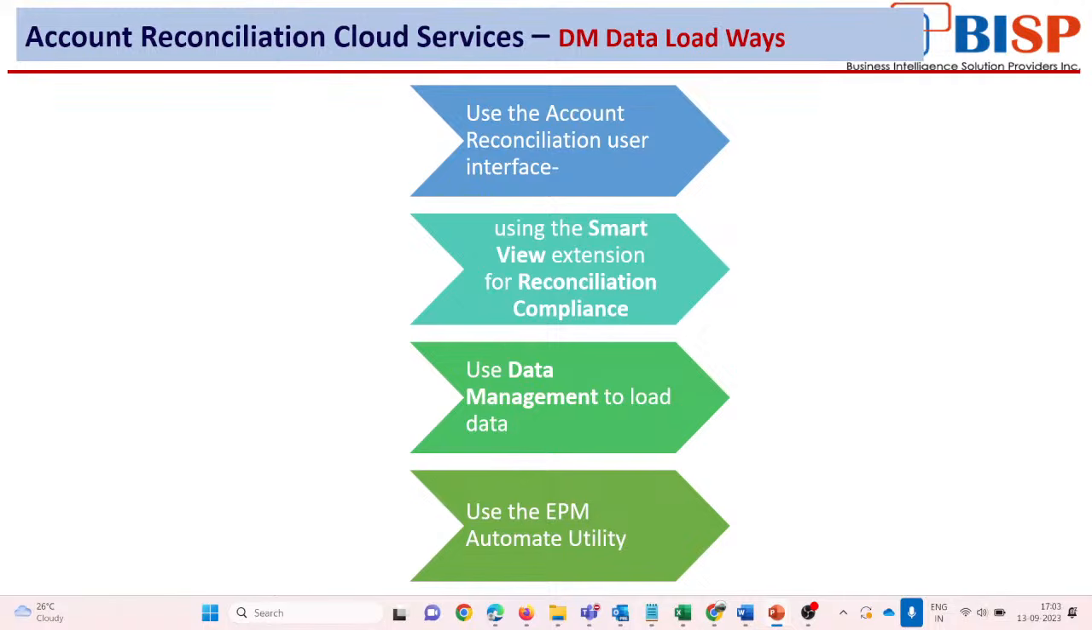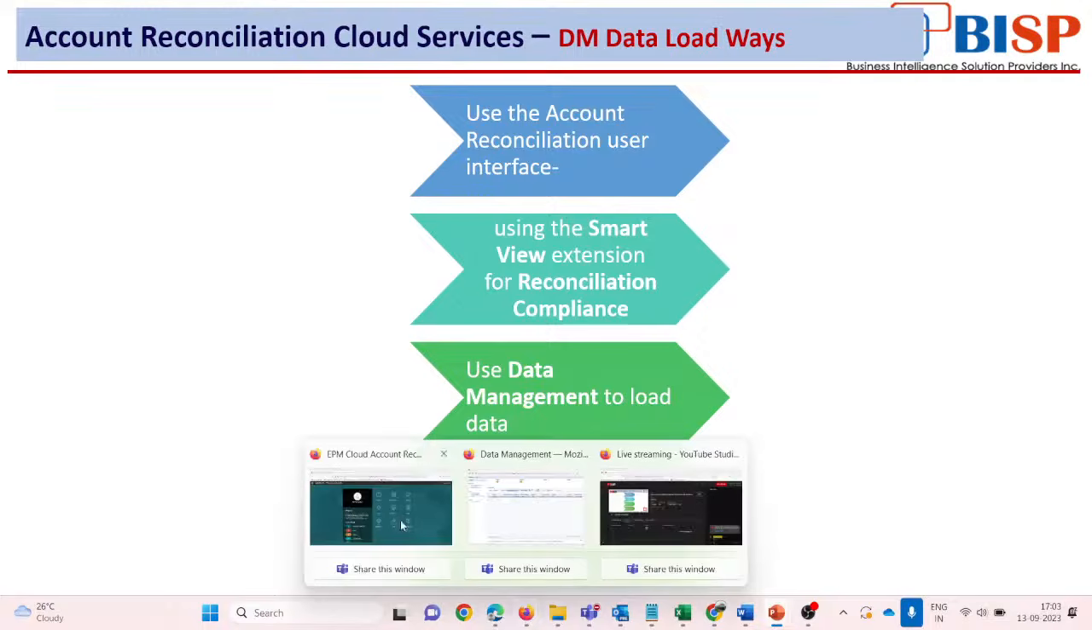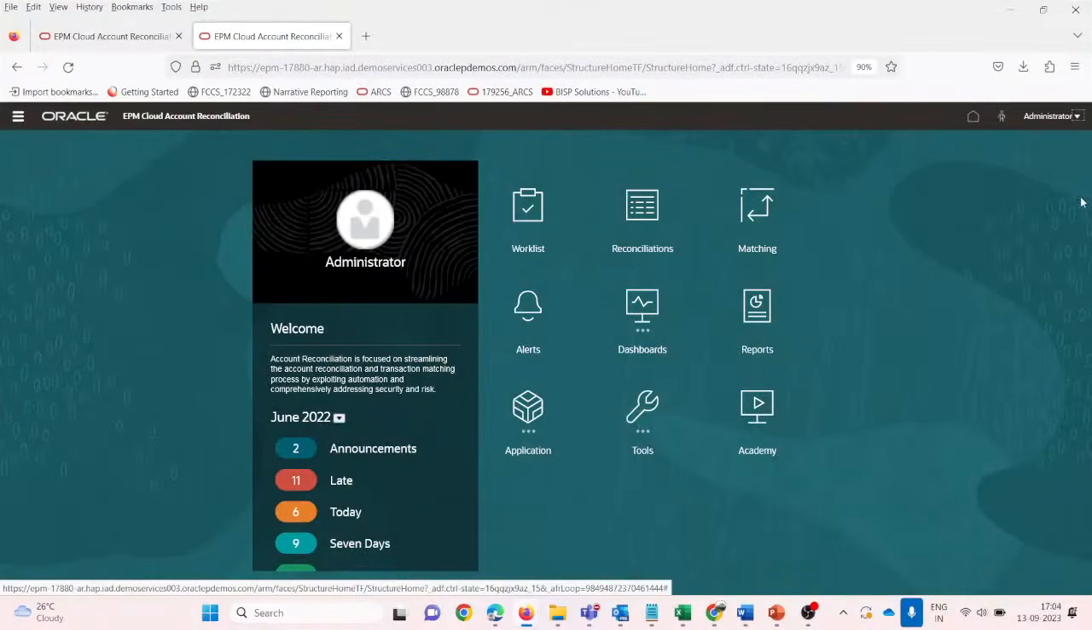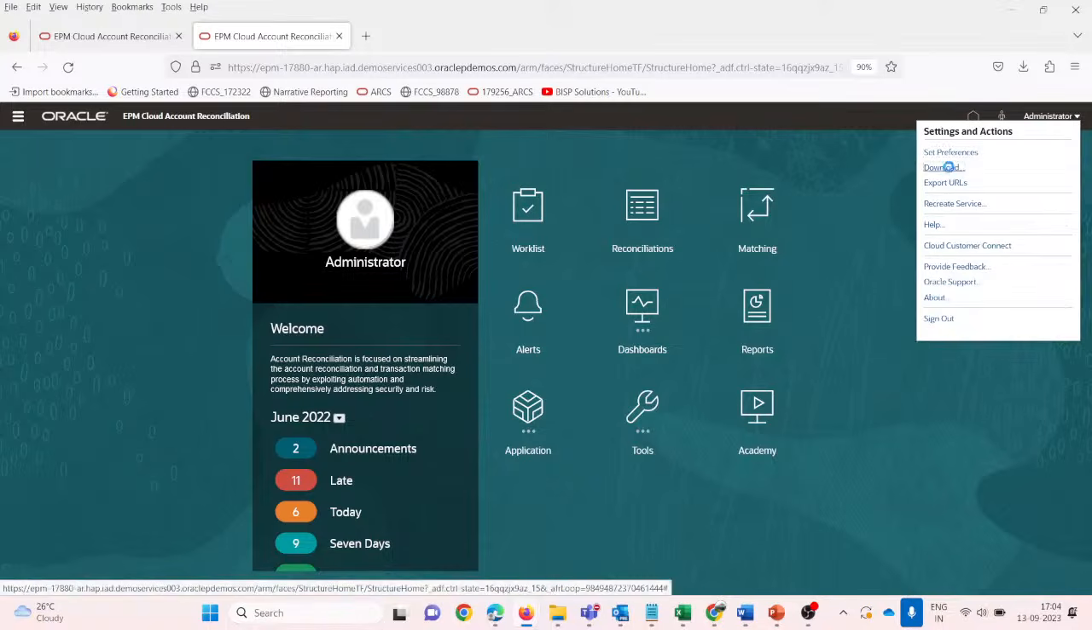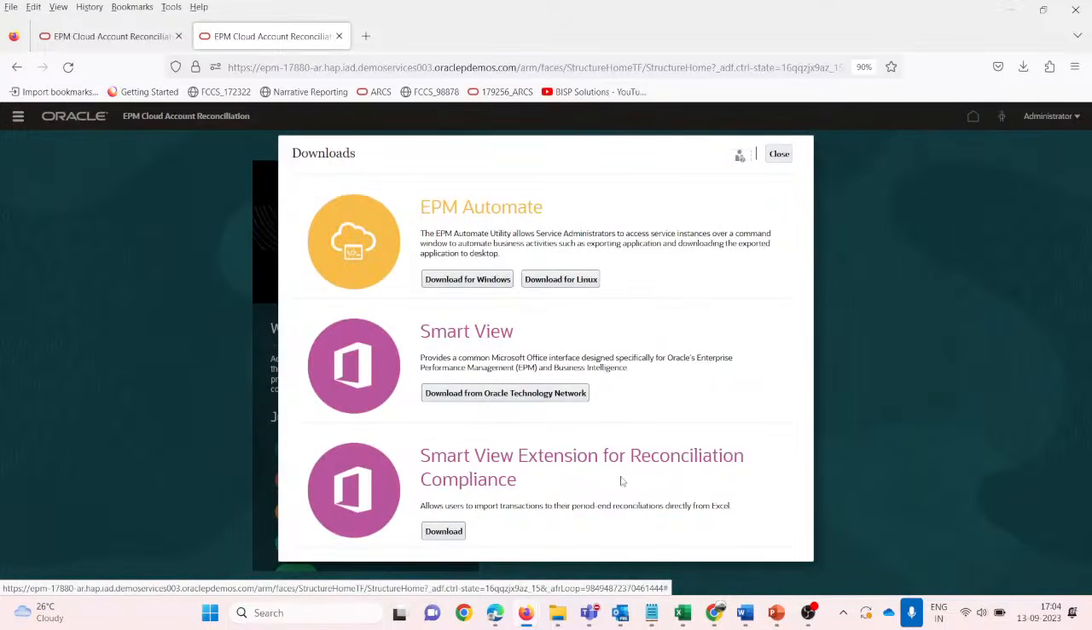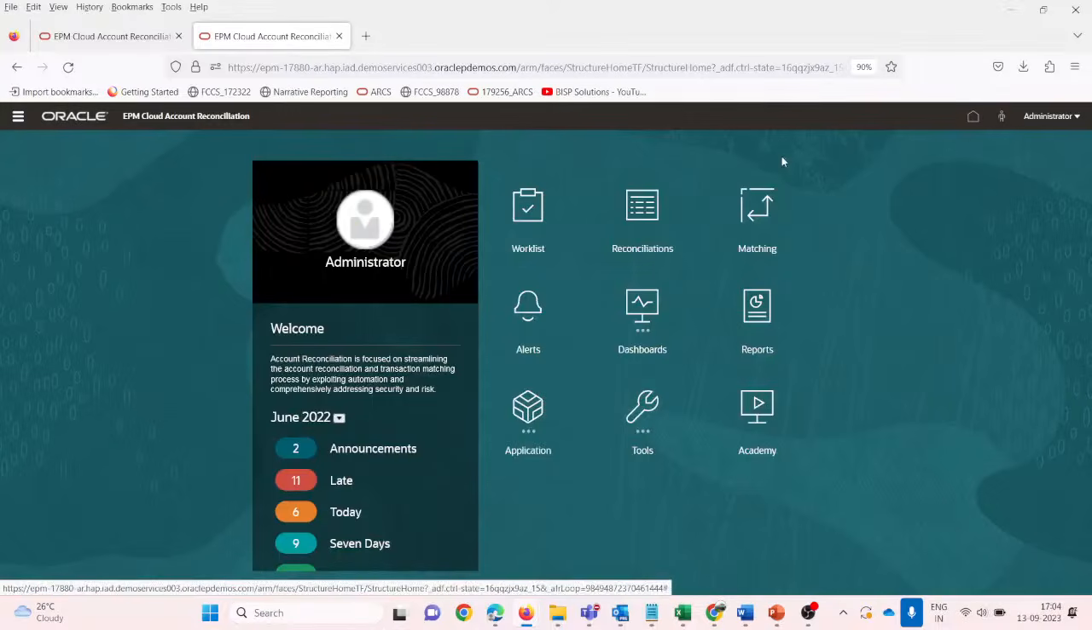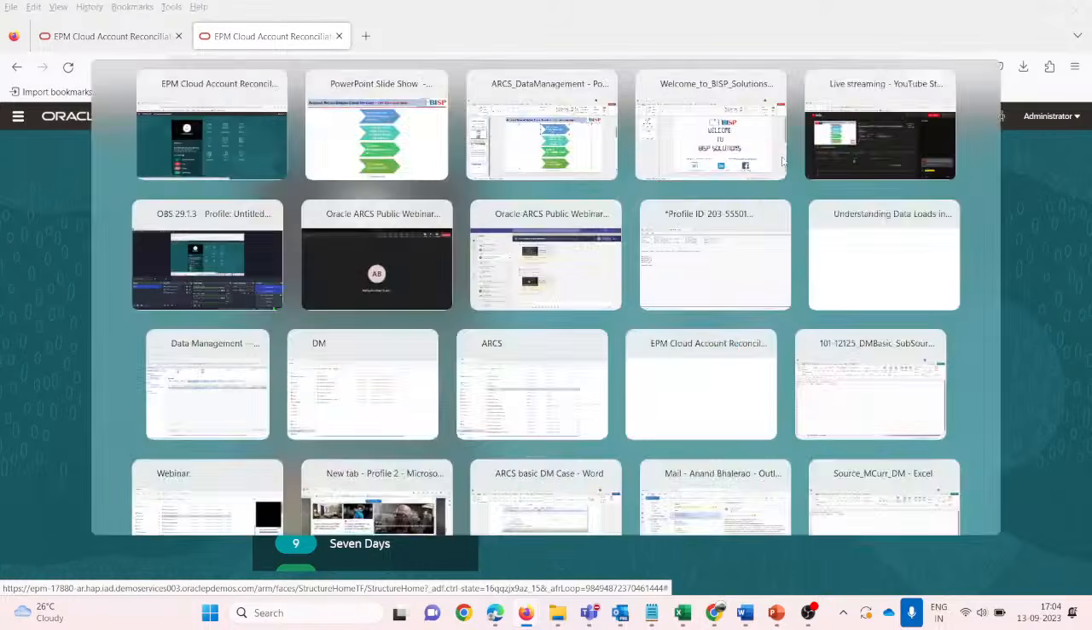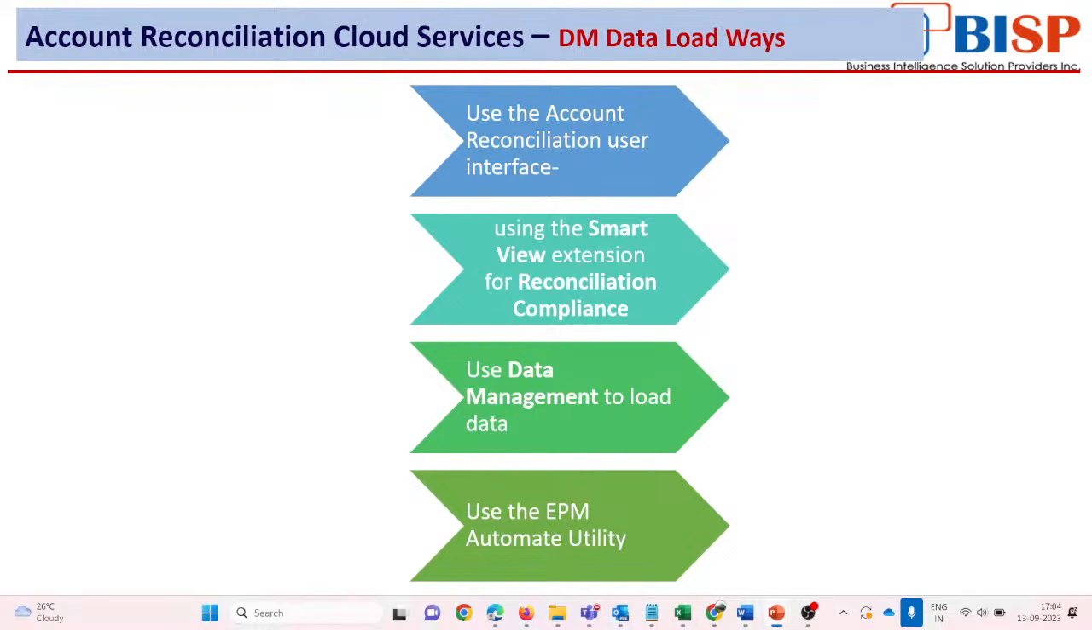The second one is that we can use the Smart View extension for reconciliation compliance. In the application we have this utility under Download. By downloading this, we can also upload data into the ARCS application. Smart View is nothing but an Excel version for uploading data and connecting with the ARCS application. The third one is data management to load data,